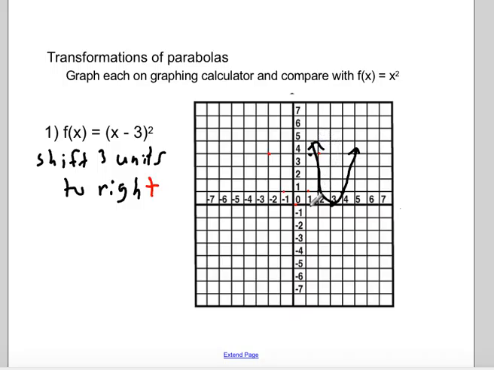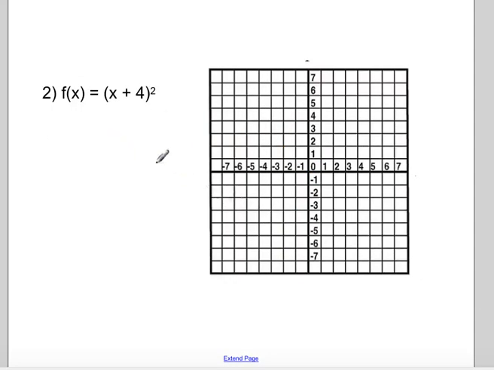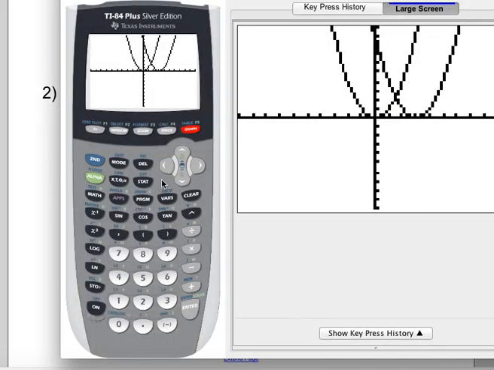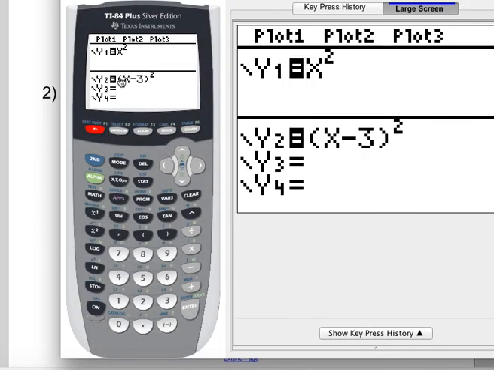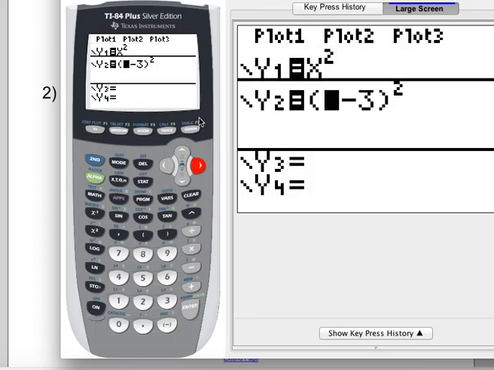So again, you can do that every single time, or I'm going to show you another way of doing this as well, which just depends on how you like to do these. So this one here, inside the last one, you had a -3. This one's +4. So if -3, when you had an x minus 3 squared, shifted it 3 to the right, think through what you think would happen here if it was not x minus 3 squared, but x plus,